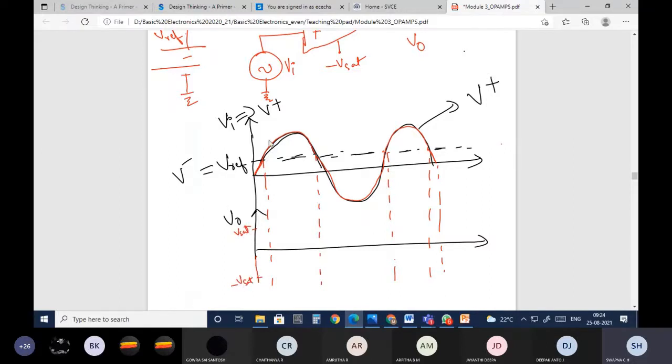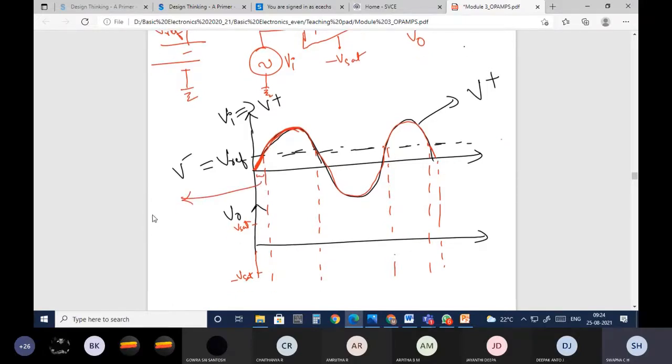Okay, and as I've mentioned already, this sinusoidal signal corresponds to V plus, and V reference is V minus. So this complete sinusoidal signal is connected to the non-inverting terminal. If you observe from here to here, V minus is greater than V plus, because V minus is somewhere here and all the values of the sinusoidal signal are below that. So V minus is greater than V plus, so I'll have output as minus V saturation.